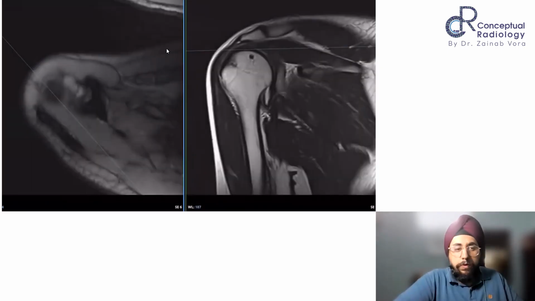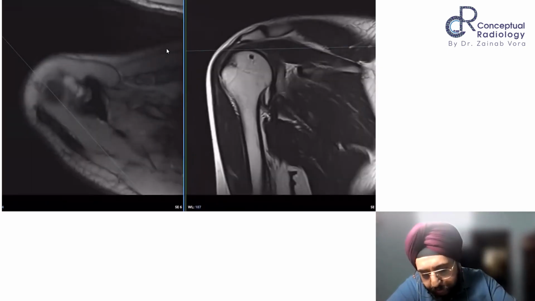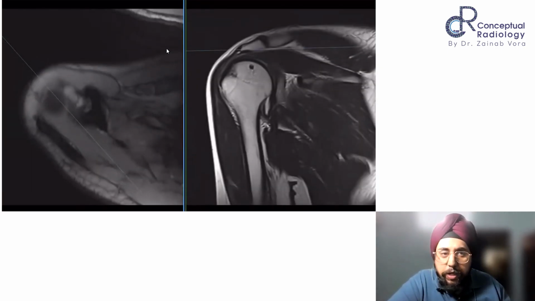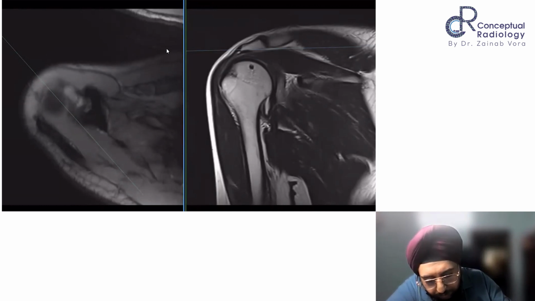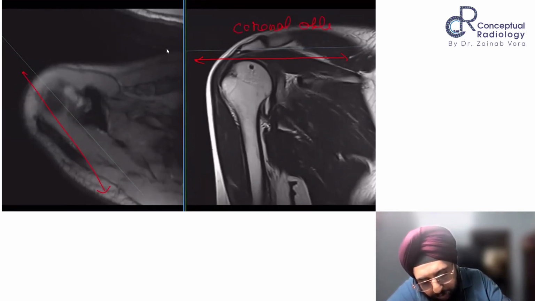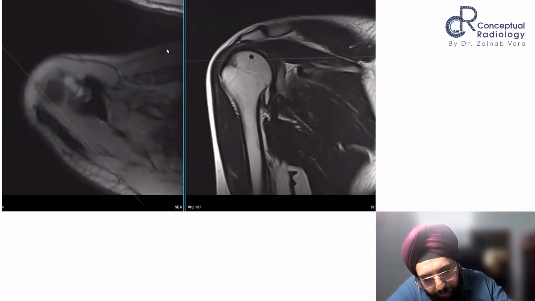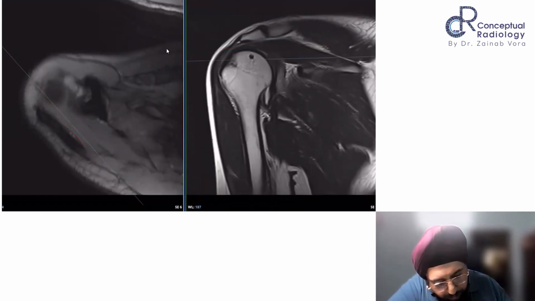So now we are starting from the most cranial section here. Again, this was a young male who had presented with recurrent anterior shoulder dislocations. So the MRI was performed. So this is the most cranial section. So this is your coronal oblique images, and this is your axial images. So you see, if we move downwards,